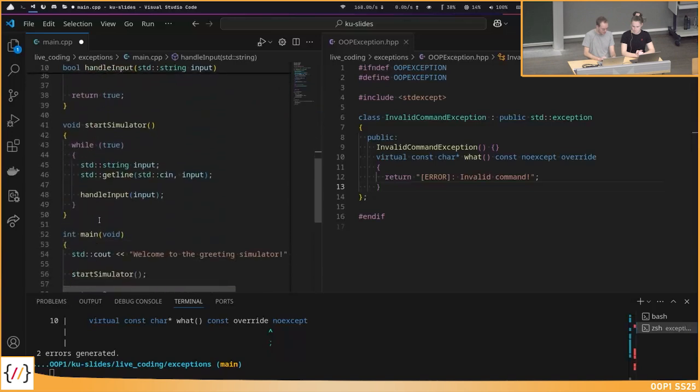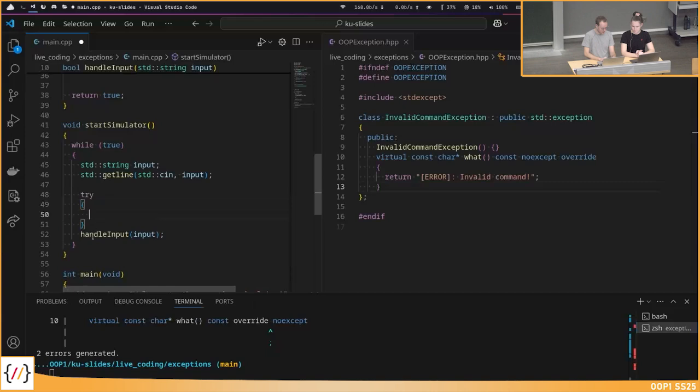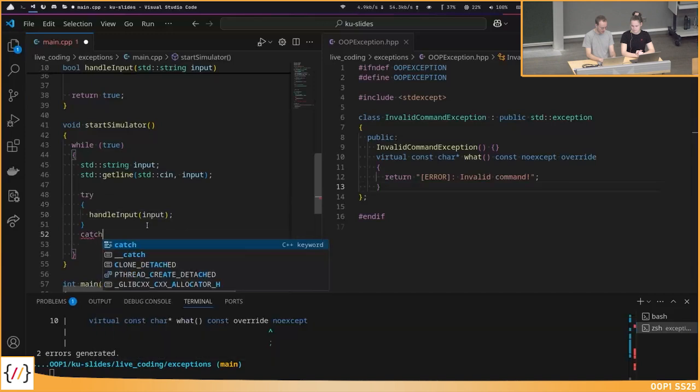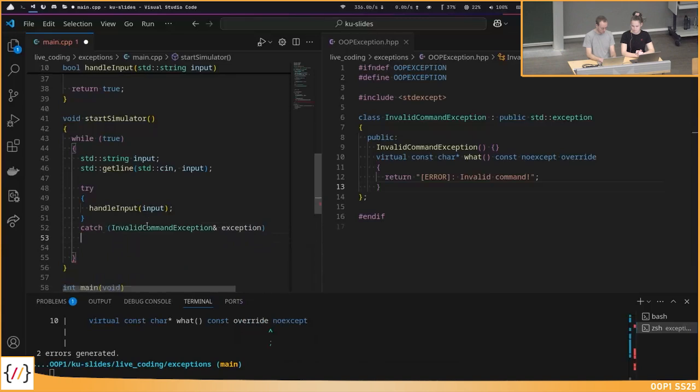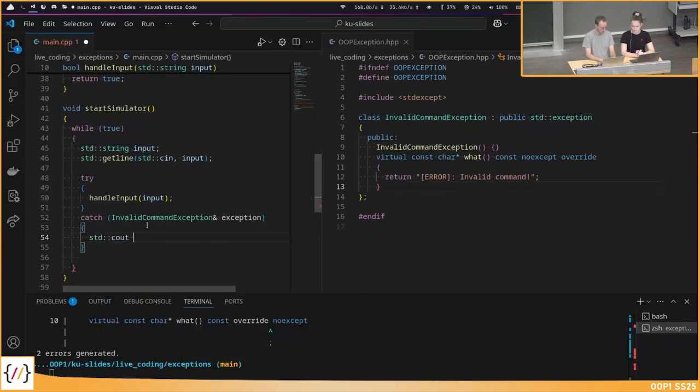So I will place my try block here now into the simulator, move the handle input here, and then I will catch my invalid command exception and maybe print the error message.